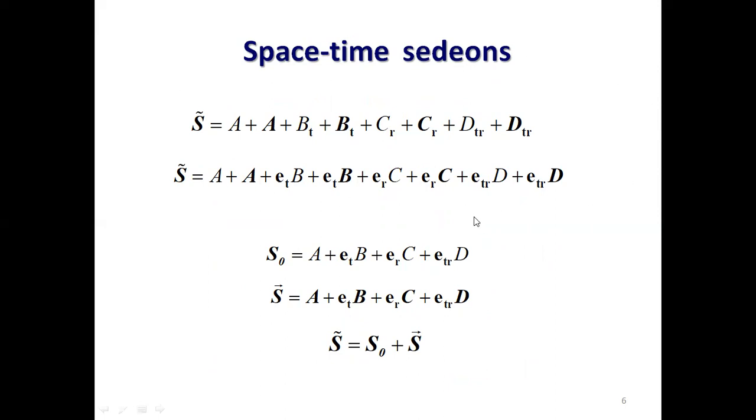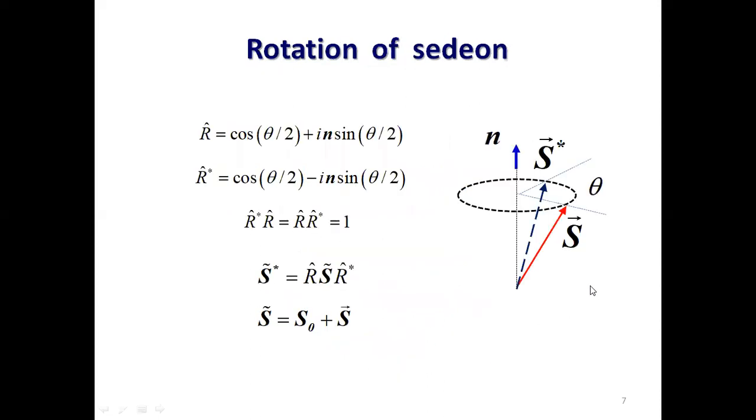Okay. If we denote the space-time scalar as the sum of the A, B, C, D components, and the space-time vector as the sum of vectors A, B, C, and D, then the Cdon can be represented in the form of Macfarlane quaternions, which consist of scalar and vector part.